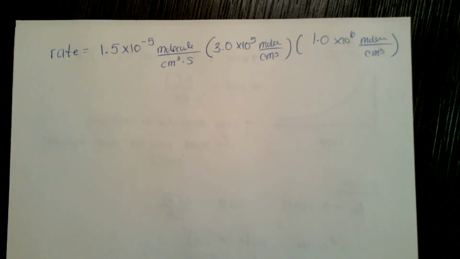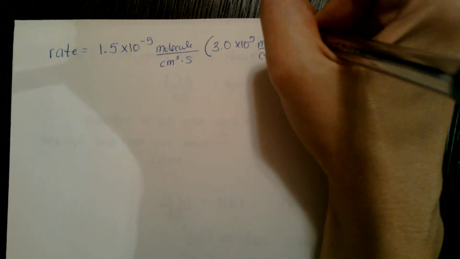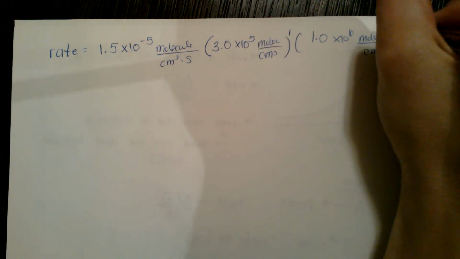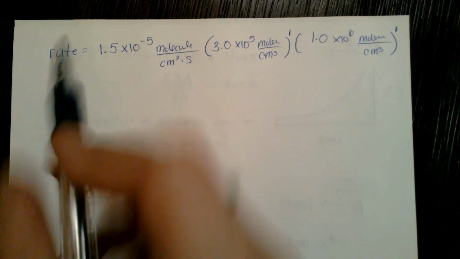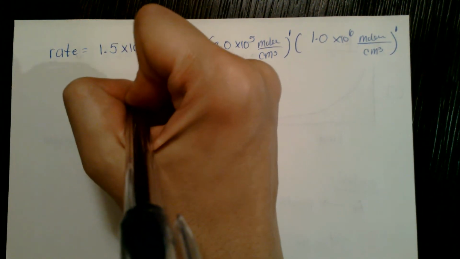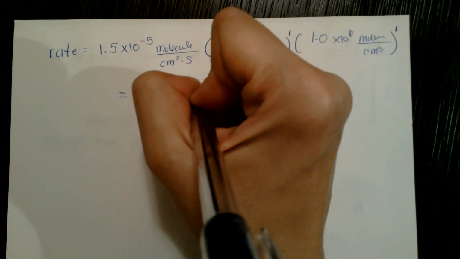So this is our rate law: k, concentration A, concentration B, where they told us it was first order. I'm going to put the ones here, even though we don't really need to, just to remind us this is first order. Okay, so just multiply through here. And the initial rate is 4.5 times 10 to the 6 molecules